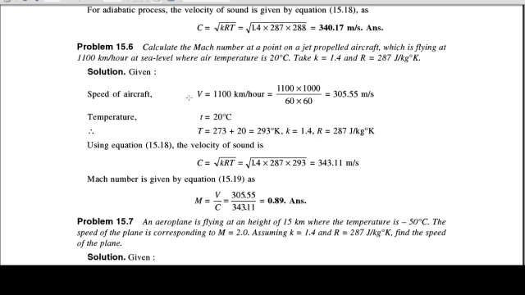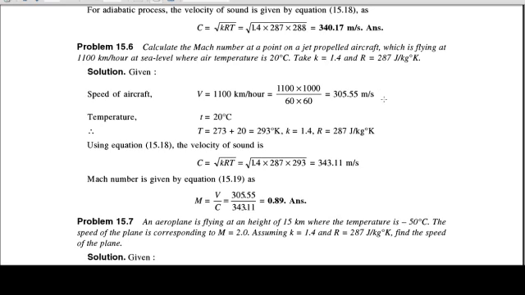So speed of the aircraft, V, is equal to 1100 kilometer per hour. Convert it into meter per second. For that the equation is 1100 into 1000 upon 60 into 60. We will get the value of speed of the aircraft in meter per second, which is equal to